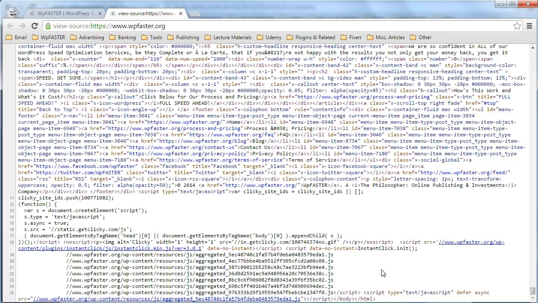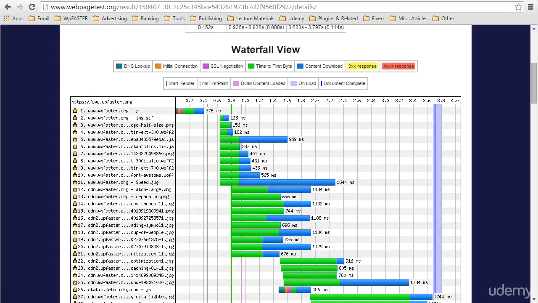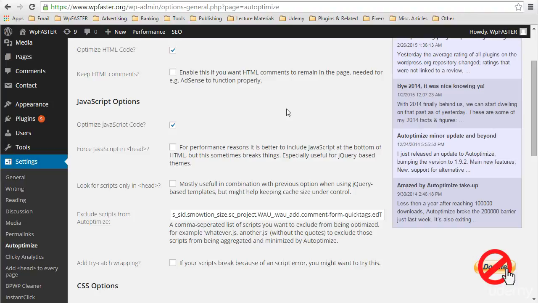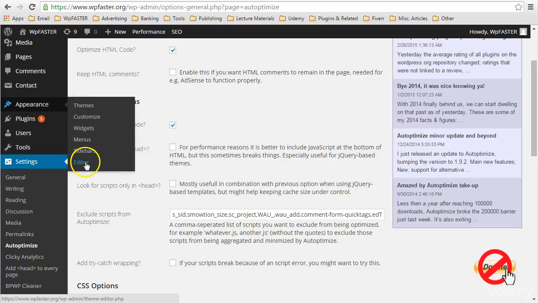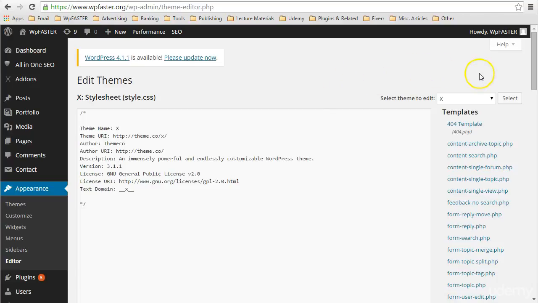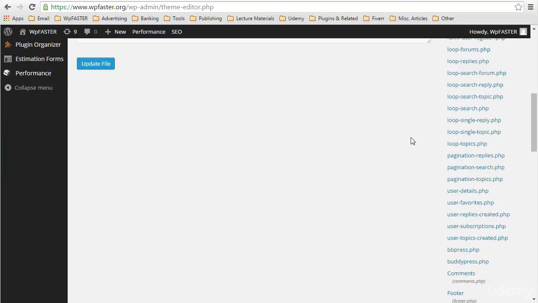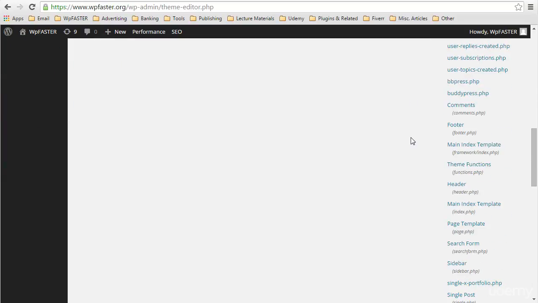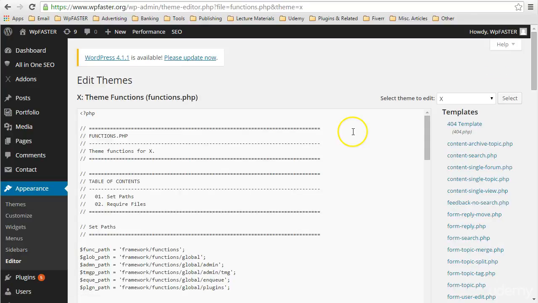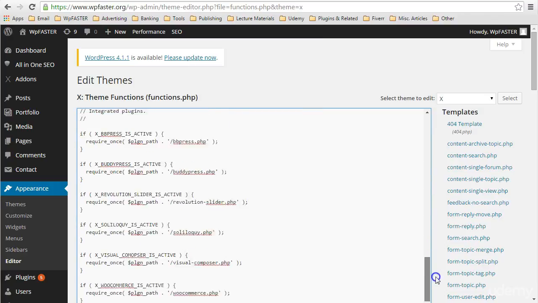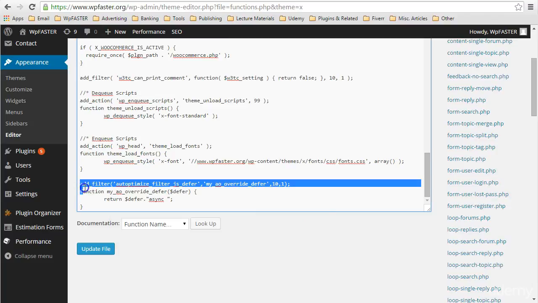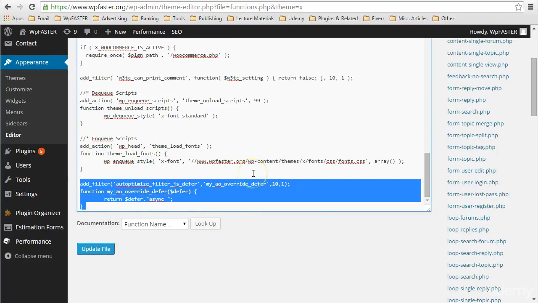So how to get this done, right? Well, you need a code snippet to do this, and I will be providing that for you in the addendum to this section, along with a bunch of other cool snippets that you can use to alter and enhance the functionality of AutoOptimize. You would need to add this snippet to your theme's functions.php file, or you would need to use a plugin such as Code Snippets. That's already been provided to you, but I will again provide a link to that plugin in the addendum to this section. So this is our theme's functions.php file, and here is that filter we are applying to AutoOptimize